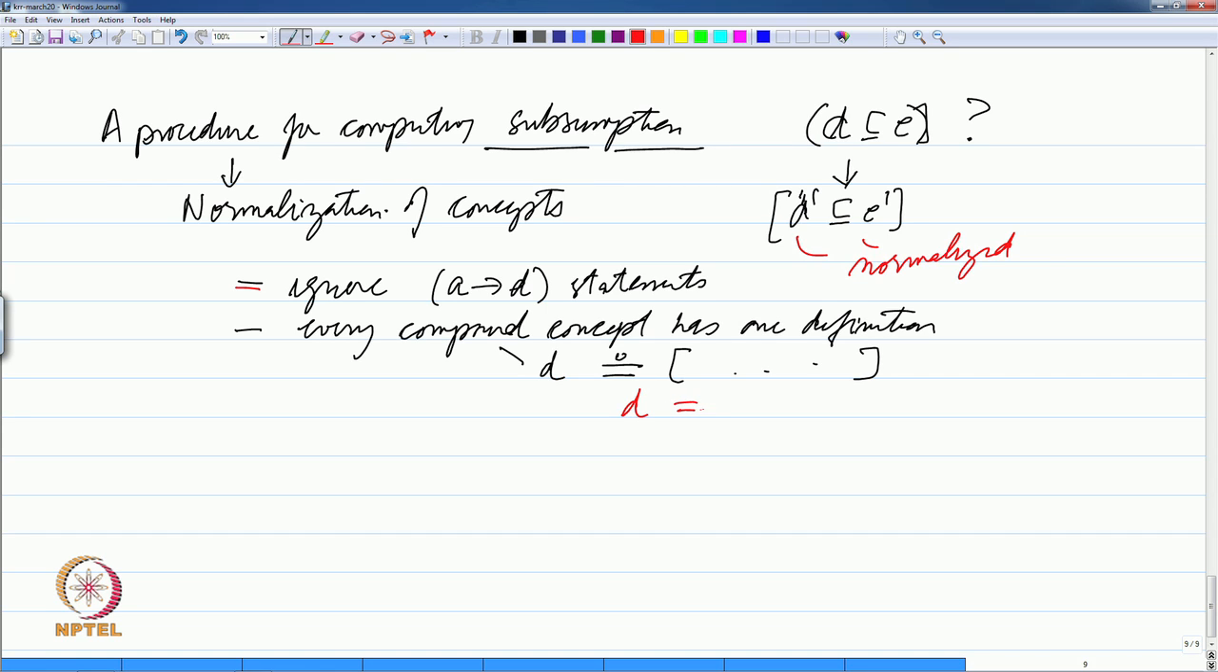if you have D is equal to, let us say, and E and F, and there is another statement which is and G and H, you can always combine them to say and E, F, G, H. So, you have one definition for every concept,